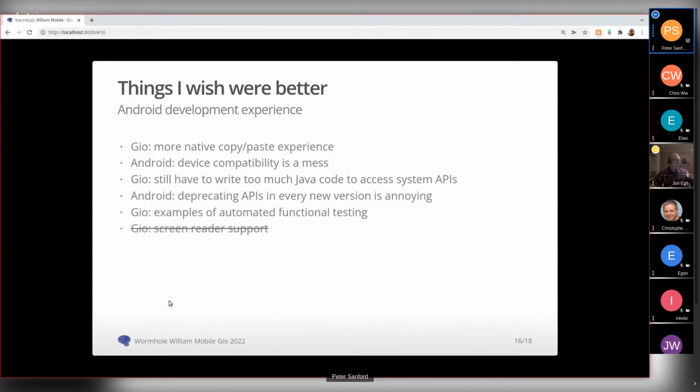And then something that was a hope and dream until just recently was accessibility support and screen reader support. But I did a new release in the last month to incorporate that, and that is working great. And I've gotten feedback saying that it now works perfectly for the small number of users who require that from Wormhole William. So I'm very appreciative that landed at the end of last year.